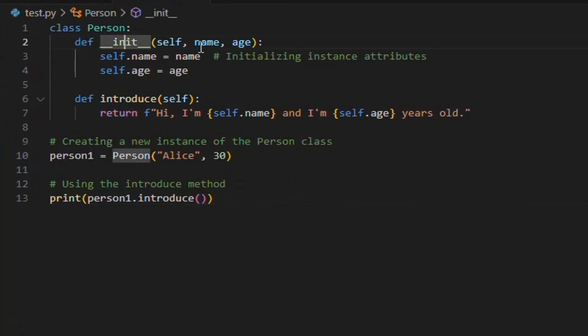Class definition. A class named Person is defined with a constructor method __init__ and an instance method introduce. The constructor initializes the object with 2 attributes, name and age. It takes 2 arguments during object creation and assigns them to the instance's attributes, self.name and self.age. The introduce method, an instance method, uses the initialized attributes, name and age, to return a formatted string introducing